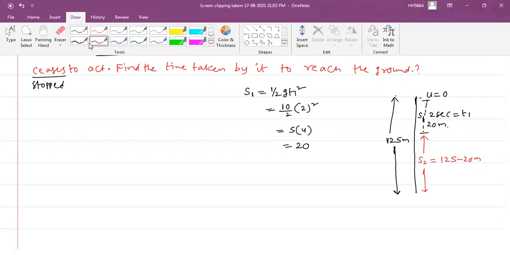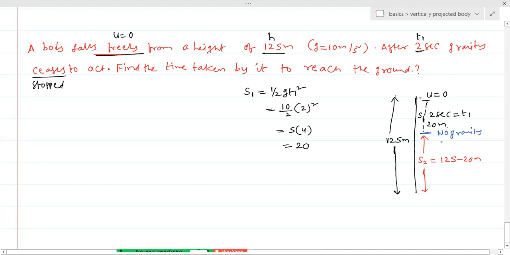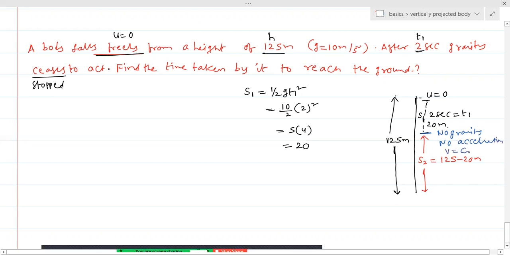But after covering 20 meters, definitely there is no gravity. No gravity means no acceleration. No acceleration means velocity is constant. That is, the velocity it reaches at 2 seconds, it will continue with the same velocity. First we will find out the velocity